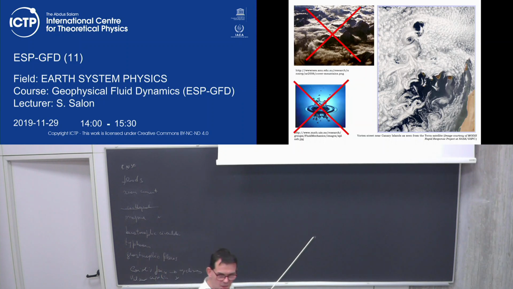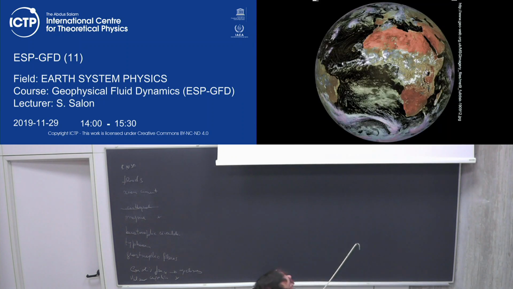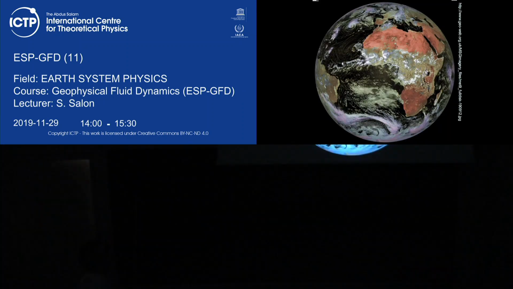So this is the first concept that's important for you to have today. The importance of GFD is that it must feel the rotation. If we move to this picture, this is another picture taken from satellite. You see how big Africa is. Of course, you're right. We are just small there, and so we are looking here at a lot of different phenomena. We have cyclones, baroclinic cyclones here over the mid-latitudes.